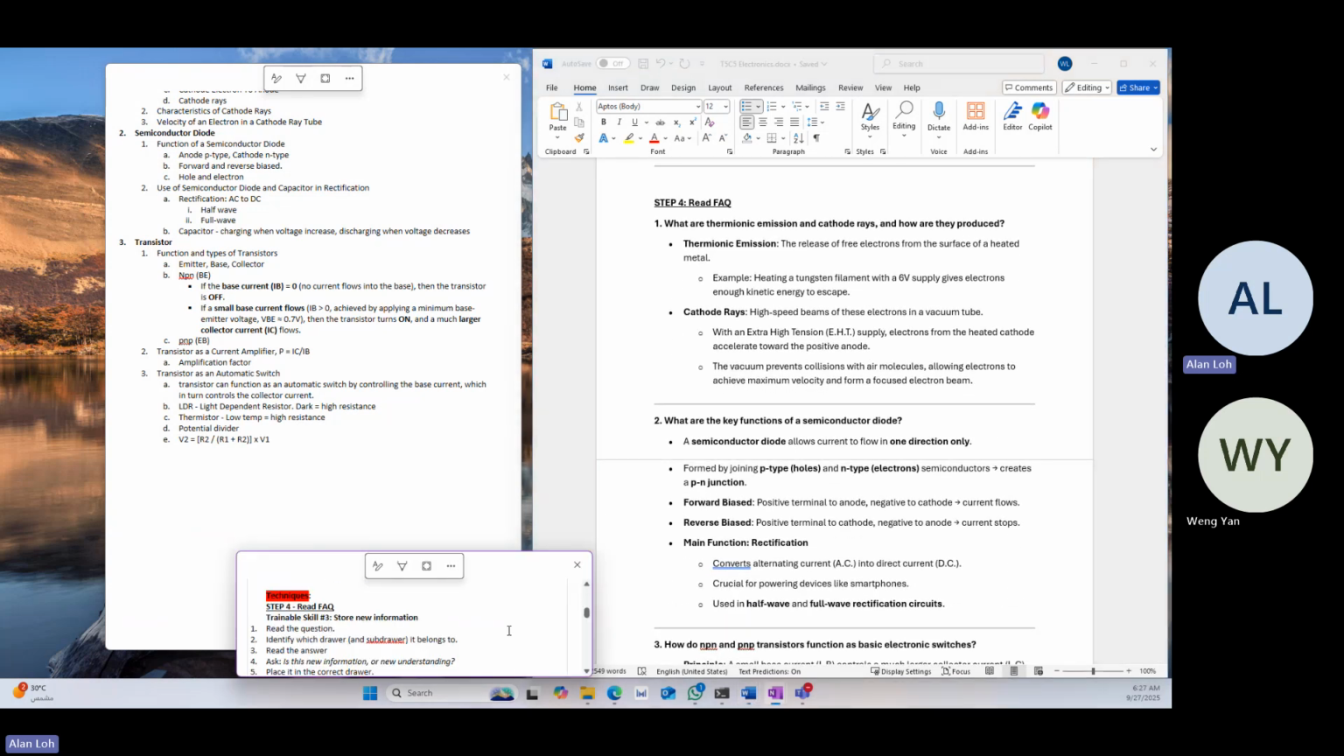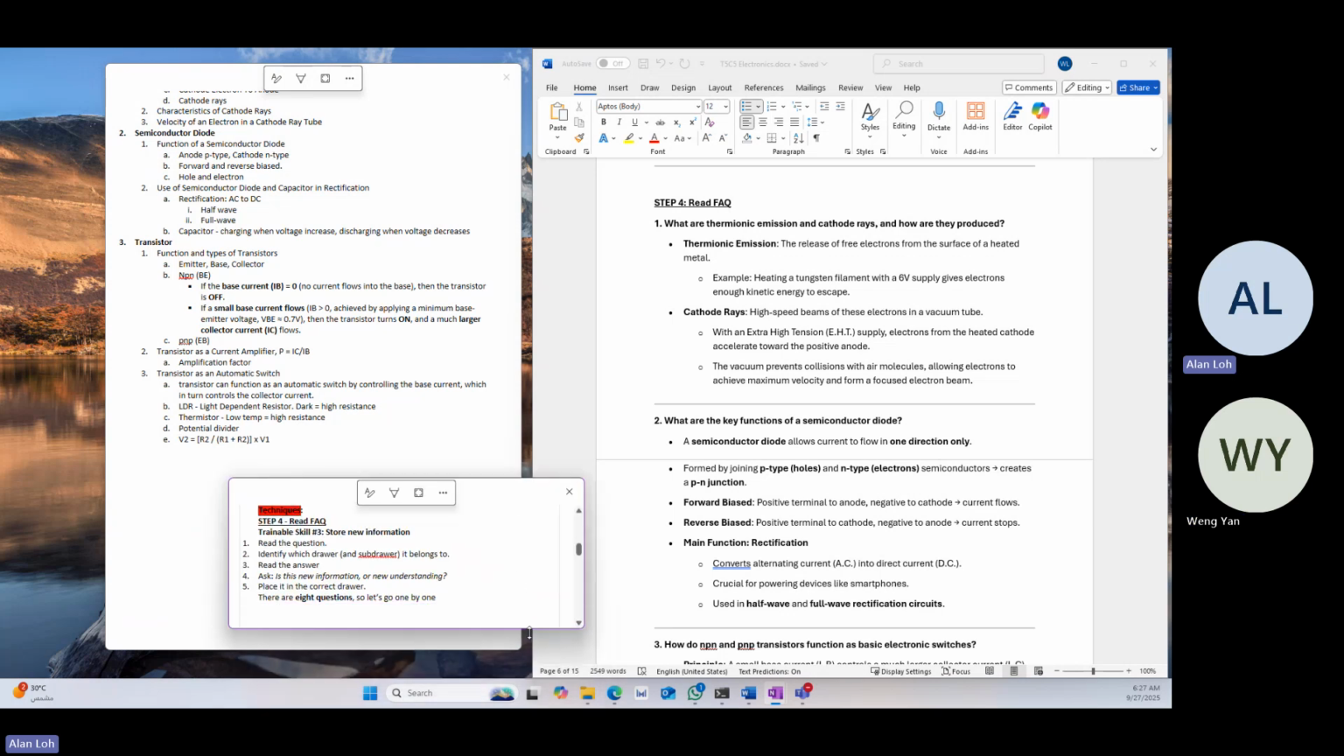So let's go to step number 4. Before that, let's do the same exercise. We will review the technique we need to follow to have this step number 4 completed. This is training our skill number 3, storing new information. Because step number 4 is the FAQ, frequently asked questions, you read the question,